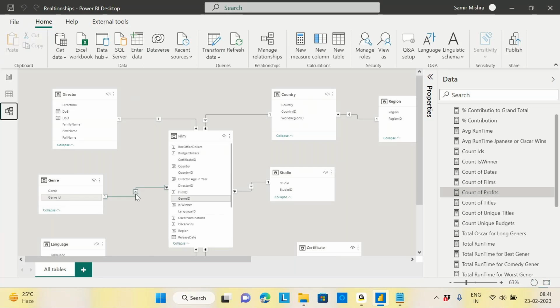There is a single arrow here. So genre can filter film, director can filter film. If somehow the filter is coming through this to the film table, and film can also affect the genre,